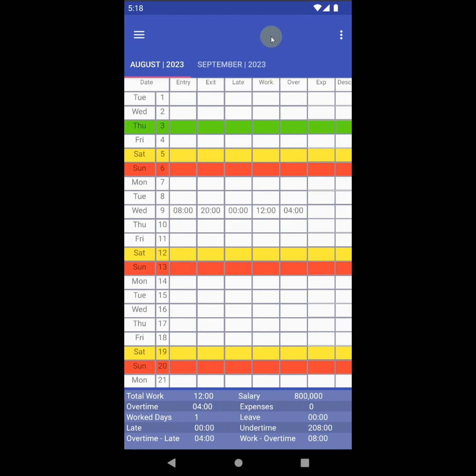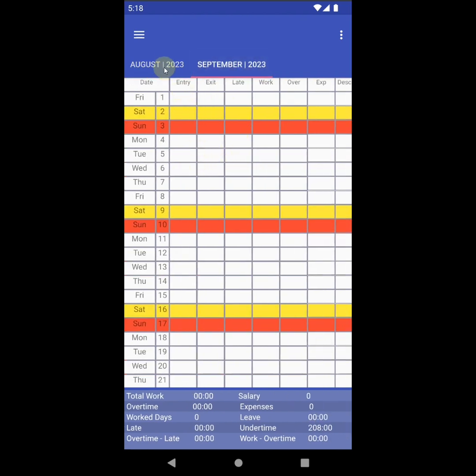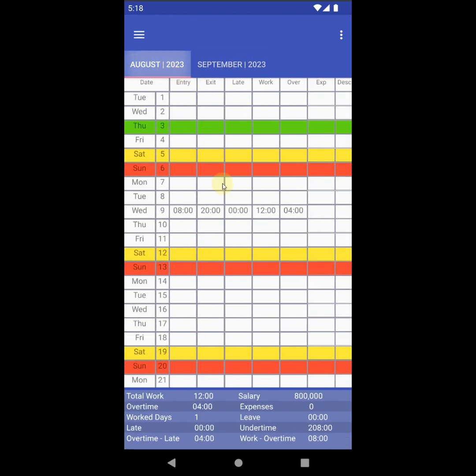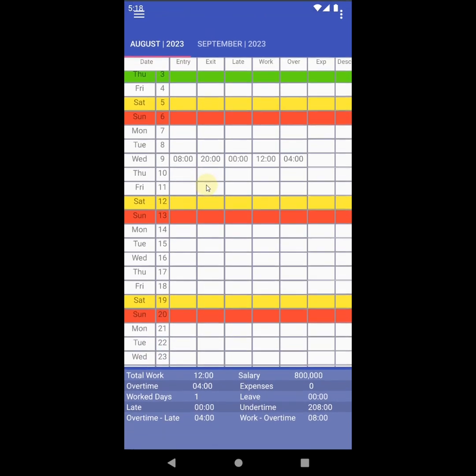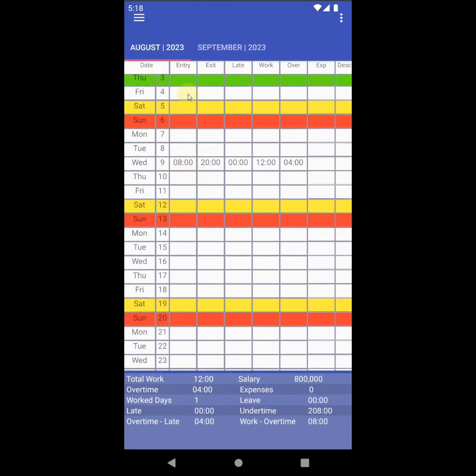Hi, this app lets you have an overview of the months on each page. You can create new months and switch between them with each tab. On each page, you can enter a new record for your entry and exit time here and see the amount of